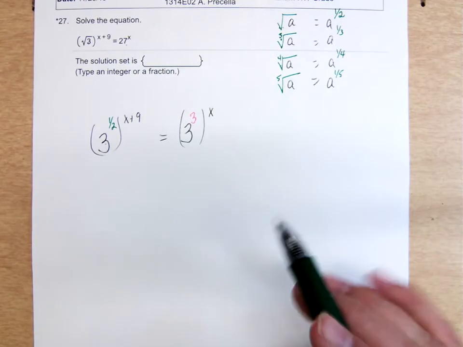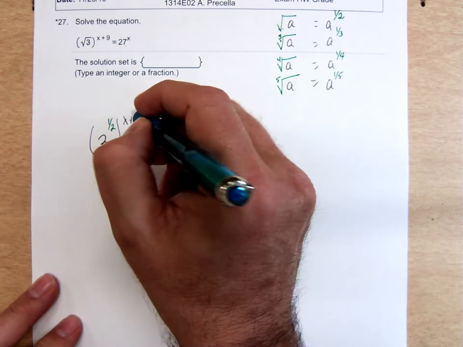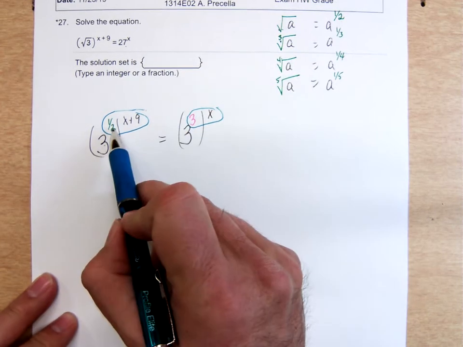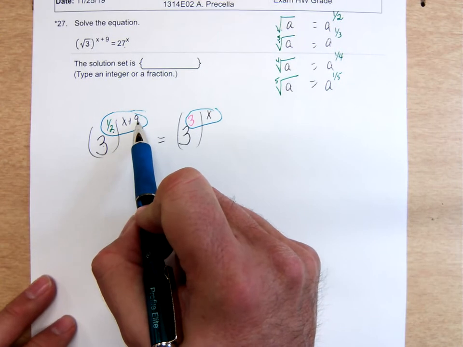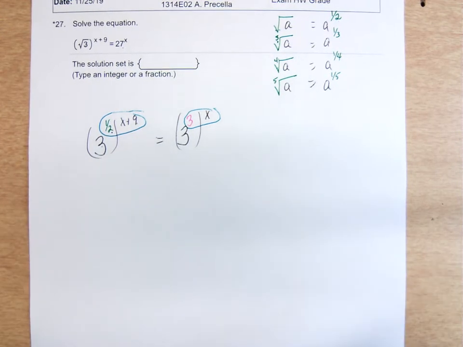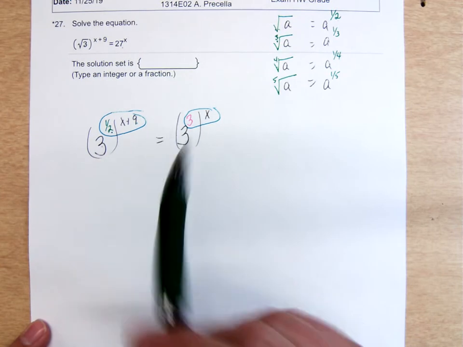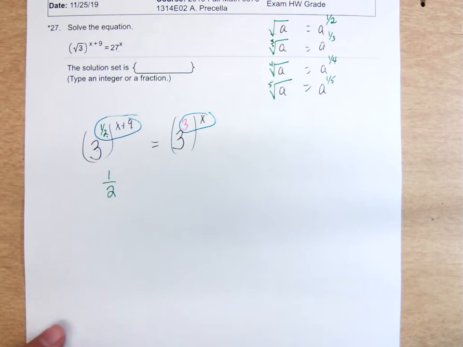I think because of this fraction, it'll be easier if we just hold off on distributing this green 1/2. If you distribute it, you're going to wind up with 2 fractions at that point. So let's just drop the 3's, the big 3's, the base 3's, and write 1/2 times x plus 9